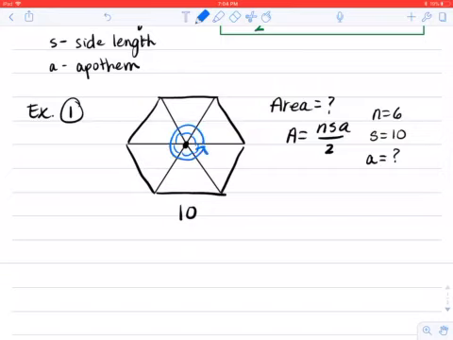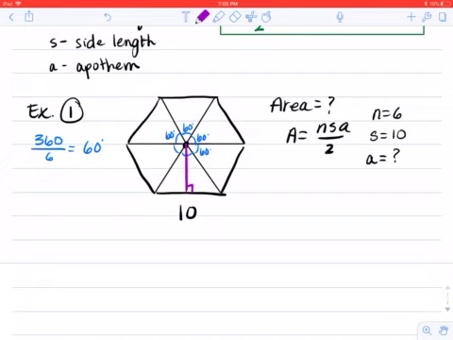I know they all have to add up to 360. And I know that they are all congruent because it's regular by SSS. They're all going to be the same. So 360 divided by, how many are there? 6 is, guess what? 60 degrees. So we got 60, 60, 60. You get the idea, right? Okay. Now, draw the apothem